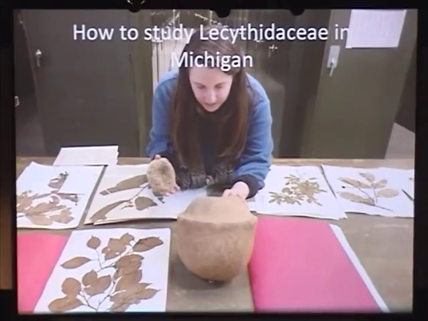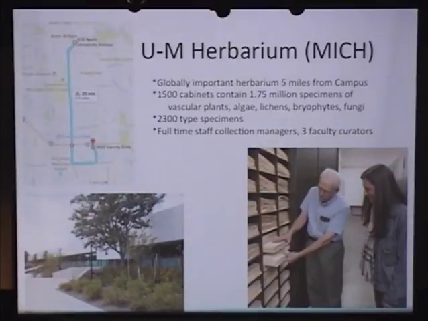You go to the herbarium. This is our herbarium. This is one of my graduate students, Tamara Milton. This is what a Lecythidaceae fruit case looks like. And so this is where we do a lot of the sorting out and understanding more about the biology of the group. The University of Michigan, people complain it's not on Central Campus, but it's a lot closer than the Amazon basin, less than 5 miles away. Beautiful building, and